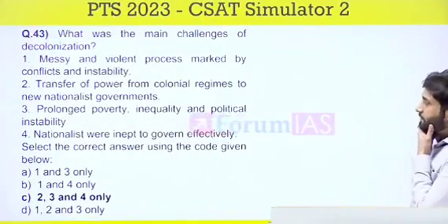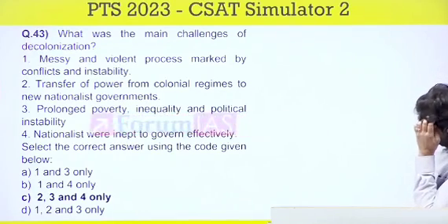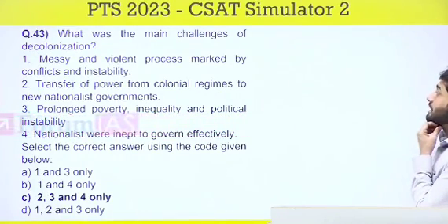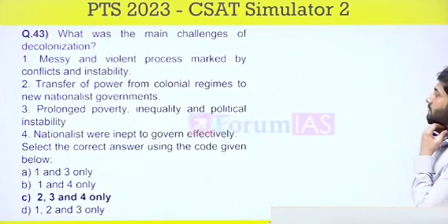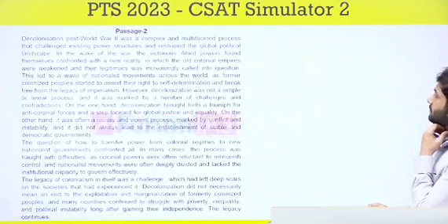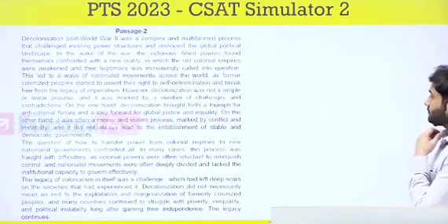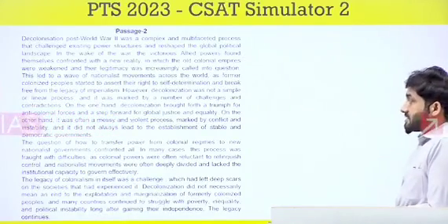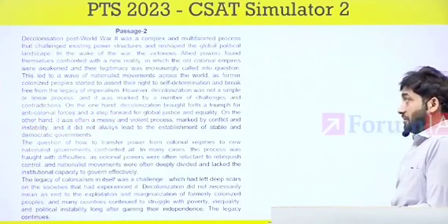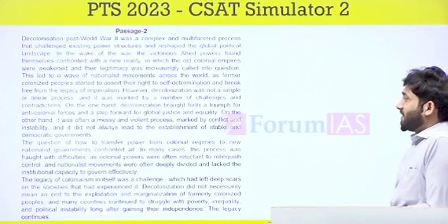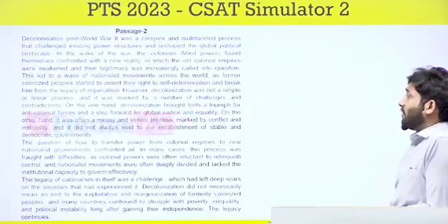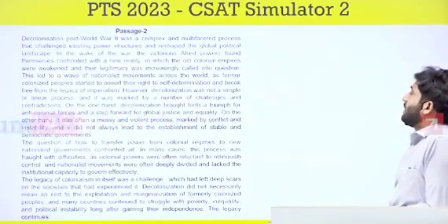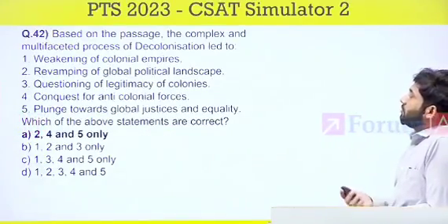Second, first, messy and violent process marked by conflict and instability. Challenges of decolonization. So see, messy and violent process marked by conflicts and instability. Where is that? Yeah, that's where. It was not a simple or linear process, and it was marked by a number of challenges and contradictions. On one hand, decolonization was fraught with triumph of anti-colonial forces and a step forward for global justice and equality. And on the other hand, it was often a messy and violent process marked by, so see,